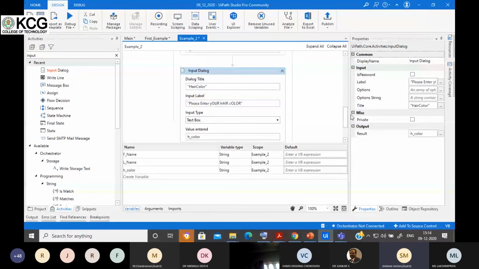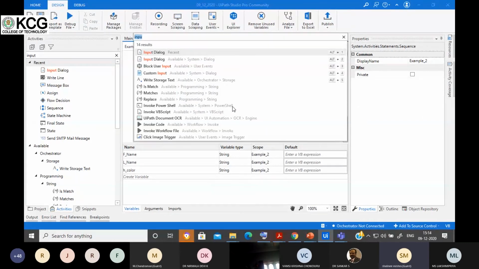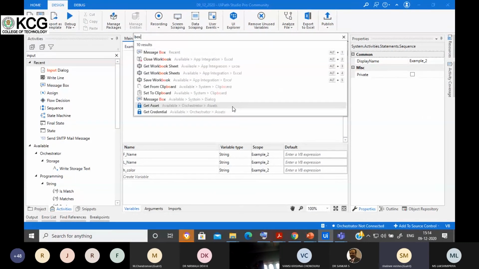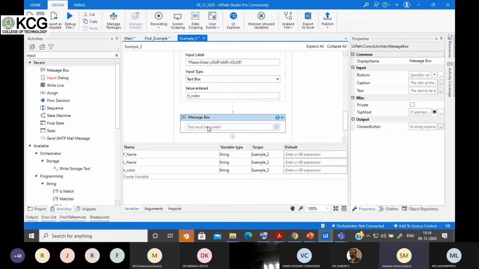Now after that I want to display whatever input is provided by the user using the message box. So for that I'll search for the message box activity. You can see it. Now, here I'll write the first name, suppose XYZ, the name of the person.